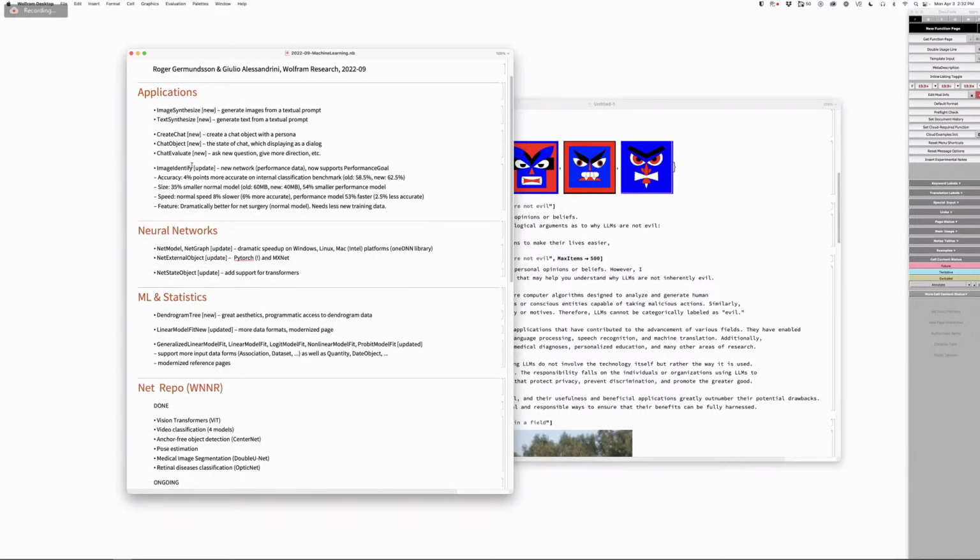Okay, let's keep going. Image identify, new network. Great. That's pretty pathetic accuracy. Well, this is a much larger collection of classes than the standard stuff like ImageNet. This is why it's lower. This is meant to be useful for feature extraction and other applications. So we move to a model which is much more generalizable because it's been trained with noisy data and in a teacher-student way. Okay, it's kind of interesting.